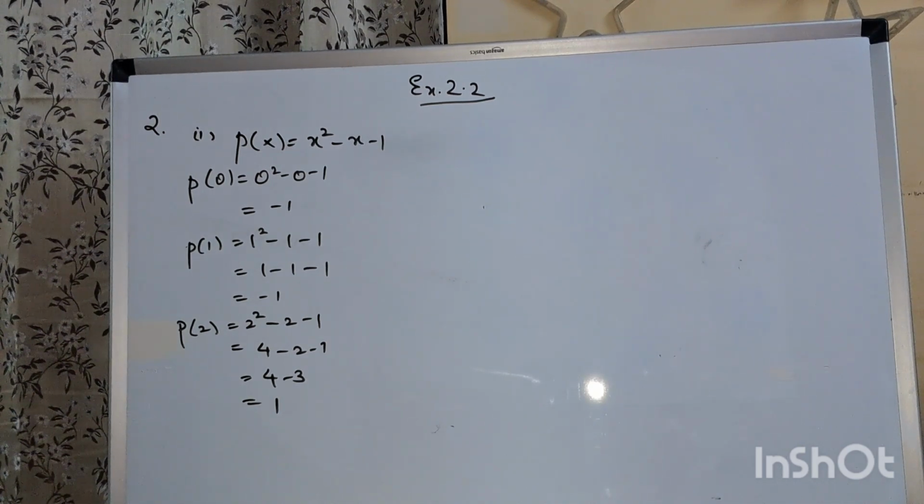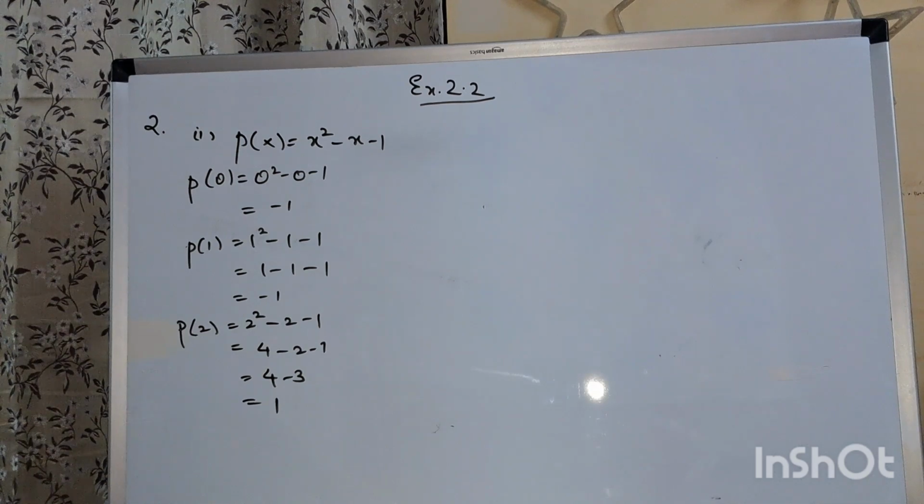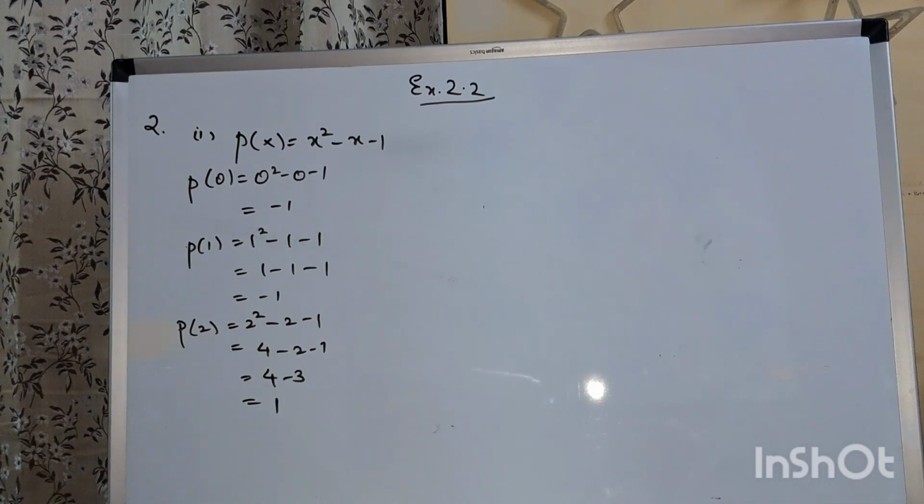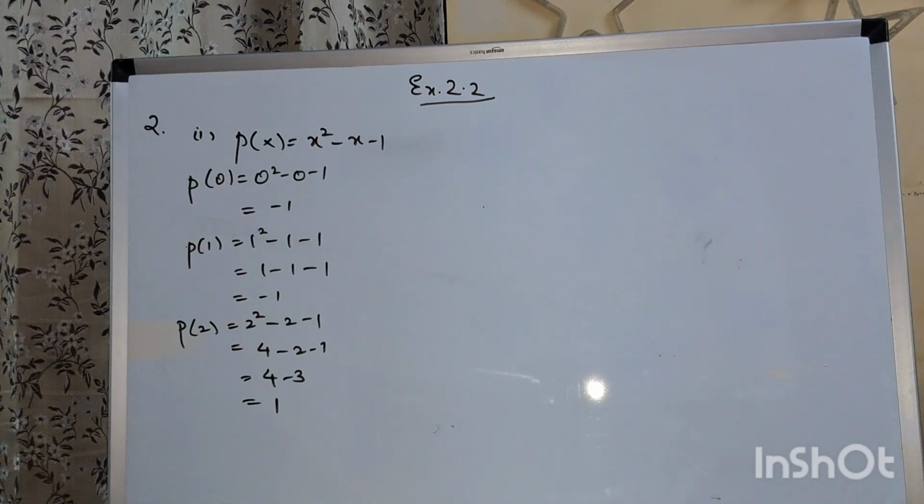See the third one. Verify whether the values of x given in each case are the zeros of the polynomial or not. So in this case they'll give you the expression and the value of x. You just need to find out when you are substituting that value, are you getting 0 or not. If you are getting 0, that is the 0 of the polynomial. Okay, let us solve one question.